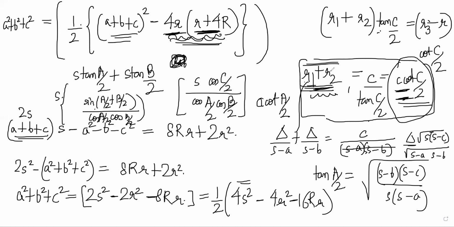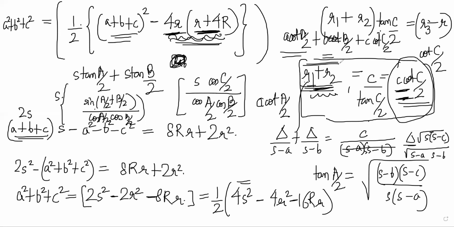Sure, but in this question we just happened to see that result in SL only. If we hadn't known that result, how would we have solved this? It is not some very major thing. We just had to prove A cot A by 2, B cot B by 2 is equal to, I mean, ultimately the proof was super easy. Just because we are not able to get it doesn't mean that it was hard.